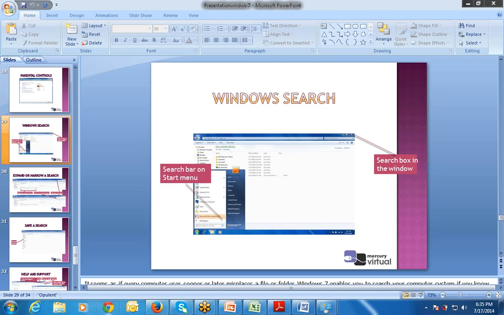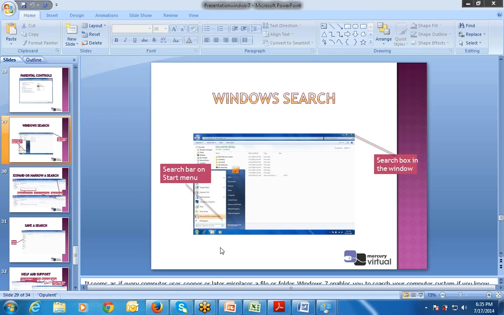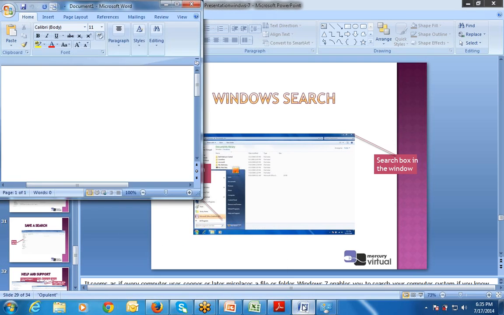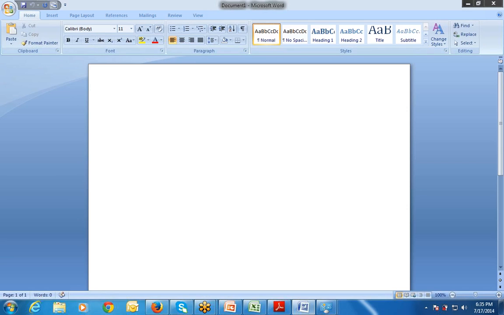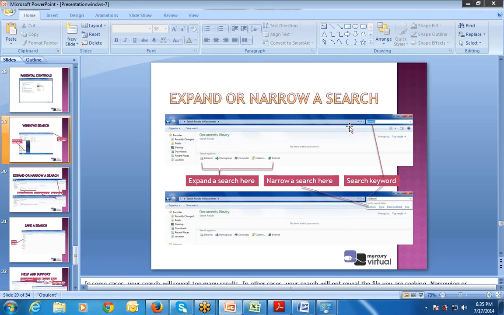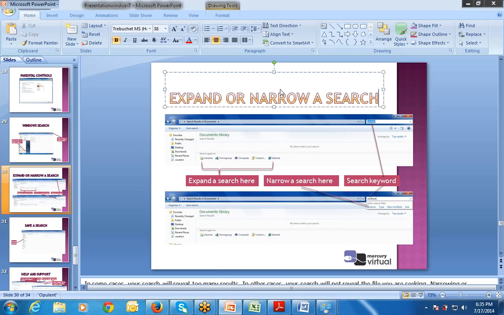There is also a search box in the window. For example, if you are using this one, you can also search from here using Control F or Control G. Then the next slide is expand or narrow a search.